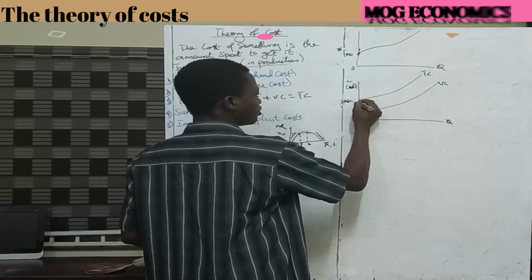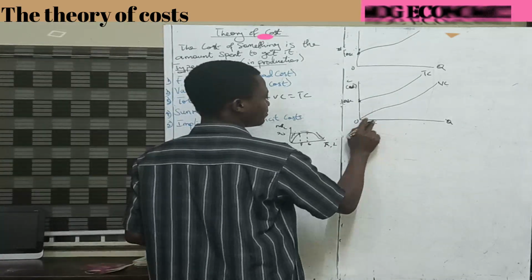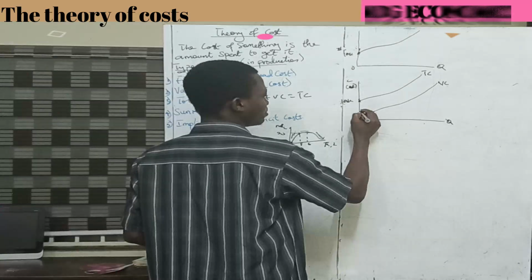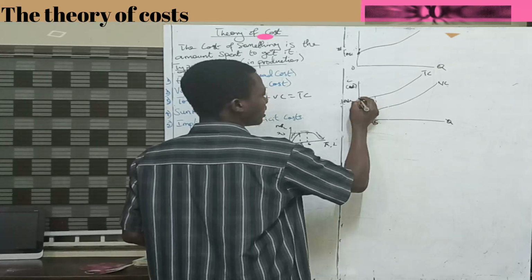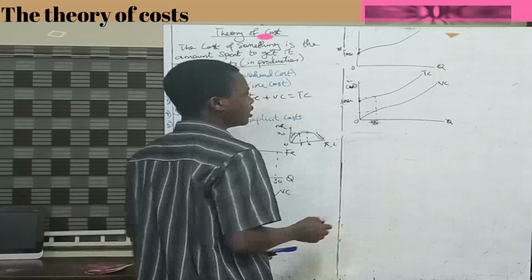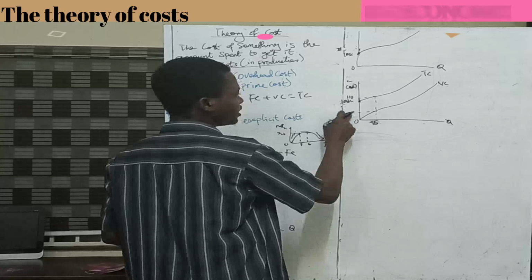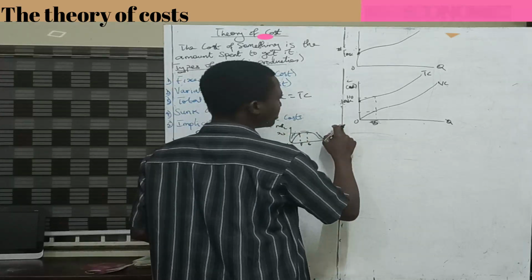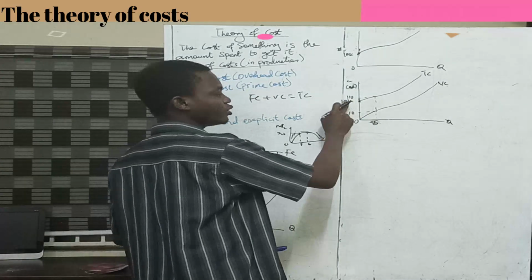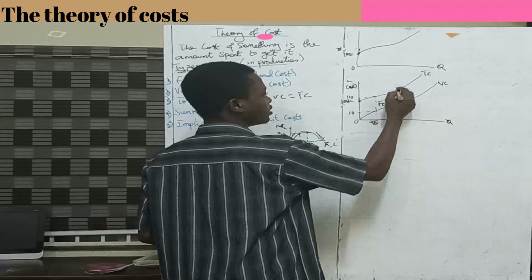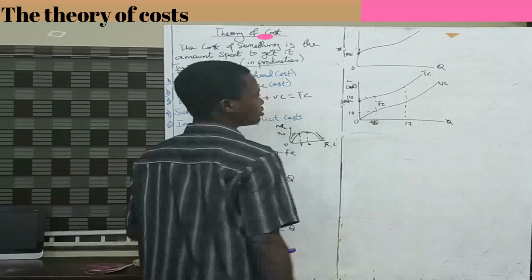So the thing is that when you have something like this, the difference between your variable cost and your total cost is going to be the same thing. At quantity 5, let's say the total cost is already 110 and the variable cost here should be 10. So 110 minus 10 gives you 100, which is the fixed cost.